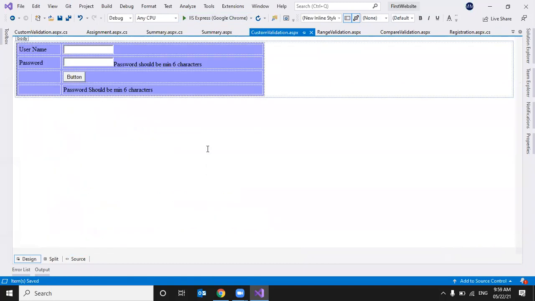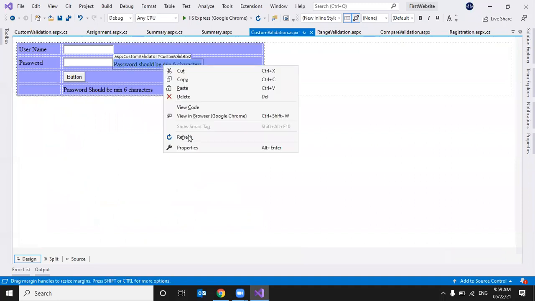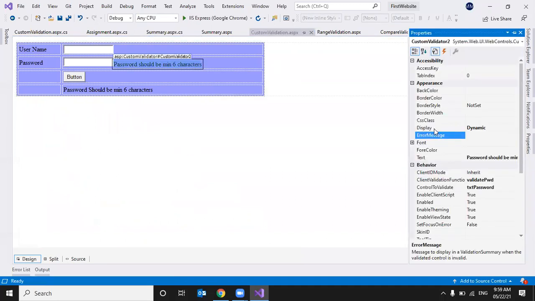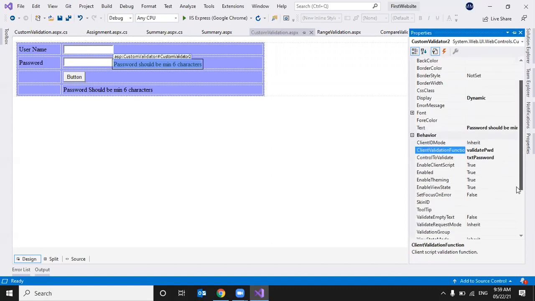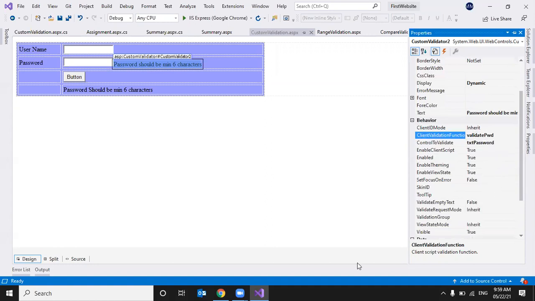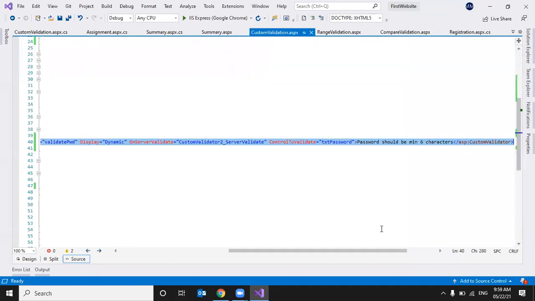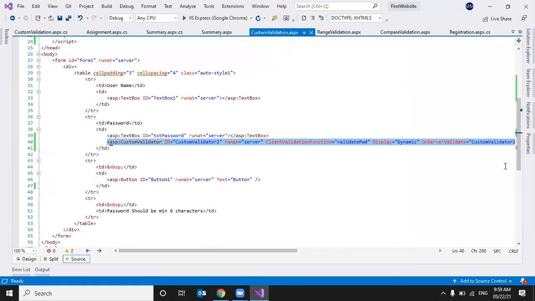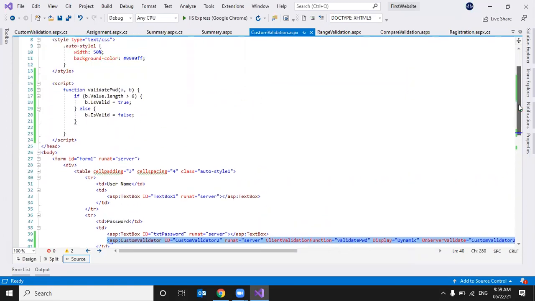So let me jump to the custom validator properties. I set the text property, then control to validate is txt password. Client validation function is validate password. This function will receive two arguments: one is the source, one is the event argument.